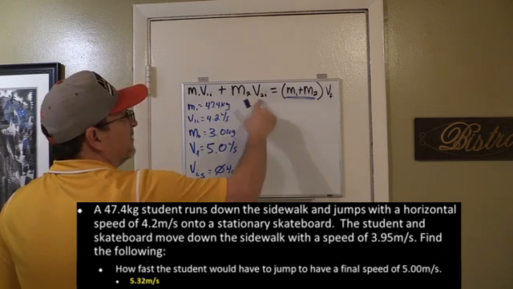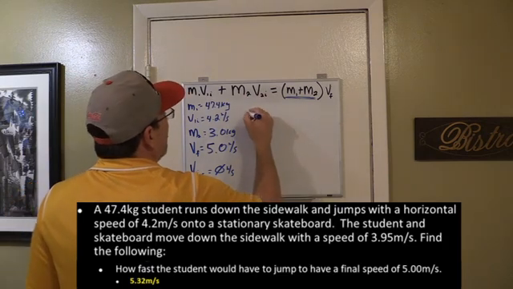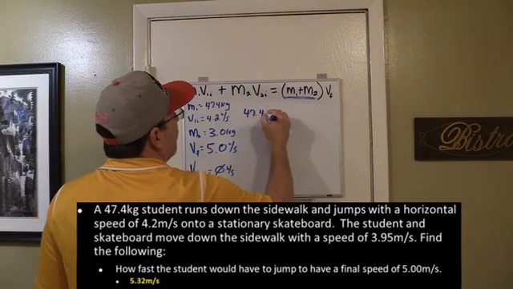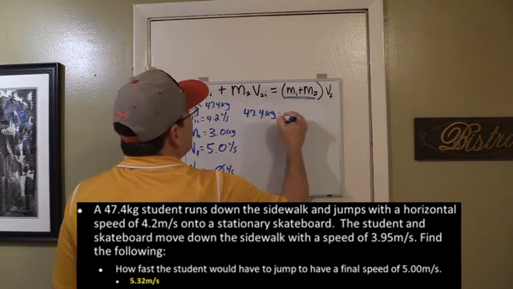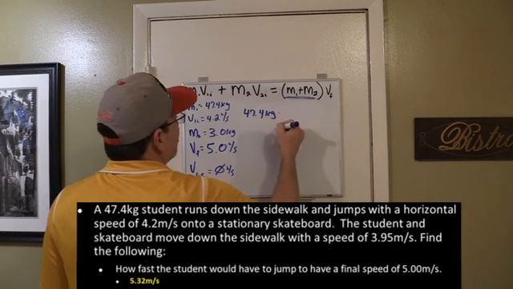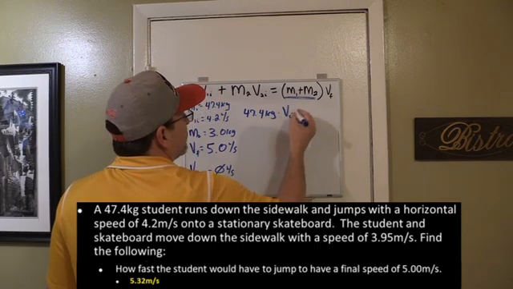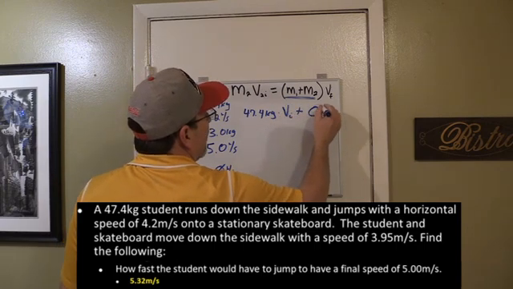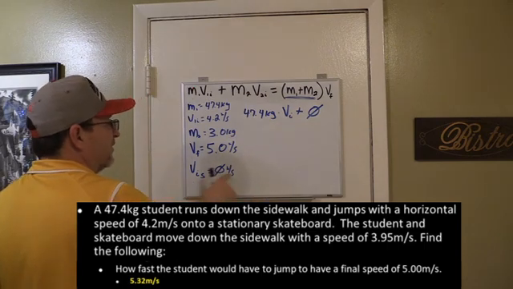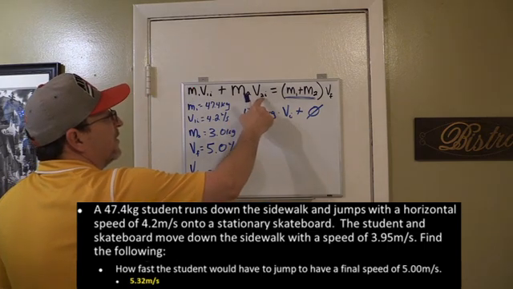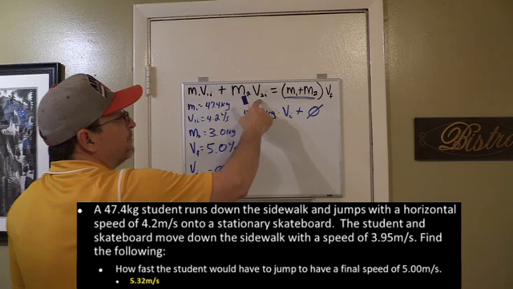Okay, so that means that this is going to be 0 here. M1, 47.4 kilograms times the velocity, I don't know, plus 0, because that's going to be this guy right here, with it being at rest,